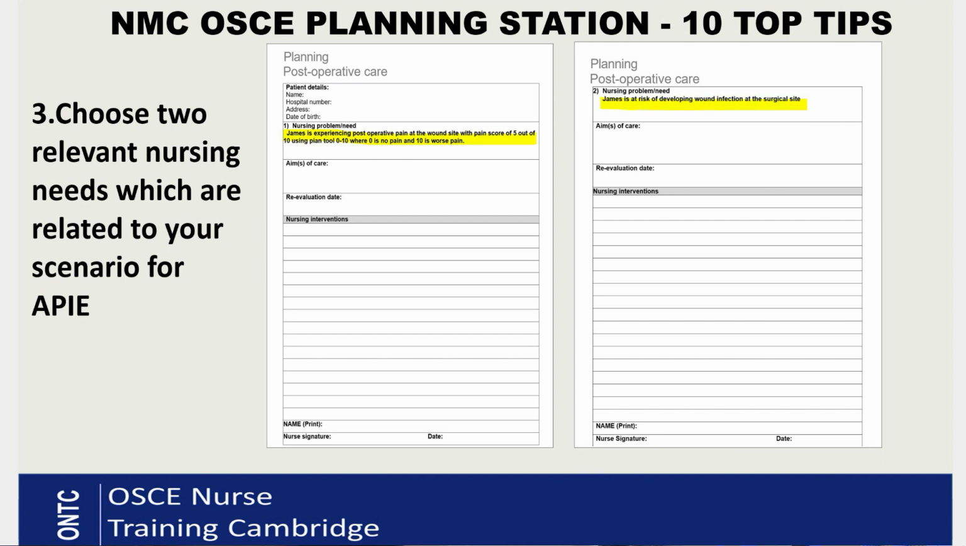I have written two nursing needs, as you can see on the screen. First one is James is experiencing pain at the surgical site with a pain score of 5 out of 10 using pain tool 0 to 10, where 0 is no pain, 10 is the worst pain. And the second one I chose was that James is at risk of developing surgical site infection due to hernia repair. Okay, so again, these are two relevant needs to this scenario, but that doesn't mean they will apply to every scenario. Okay, so you really need to choose two nursing needs very carefully which are relevant to your patient,